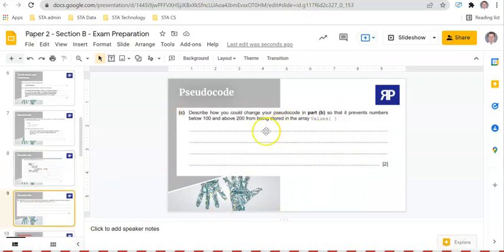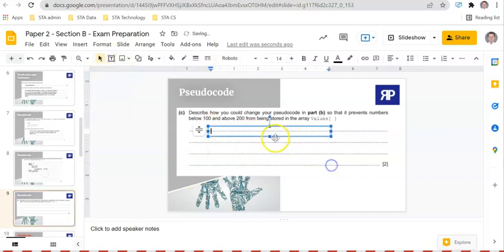Now, what we have to do now is it says describe how you would change your pseudocode in part B so that it prevents numbers from below 100 and above 200 from being stored. Okay, so we're already preventing numbers from below 100 being stored. So what we would probably need to do is use else if here. So let's insert a text box. So I would say implement an elif statement to compare max value and set this to 200. And algorithm